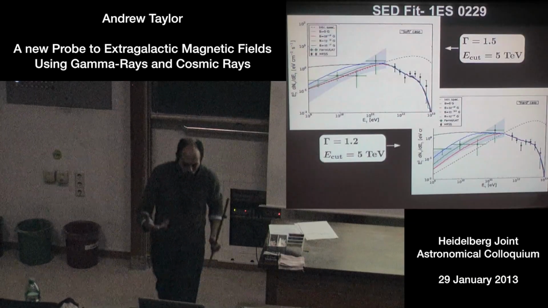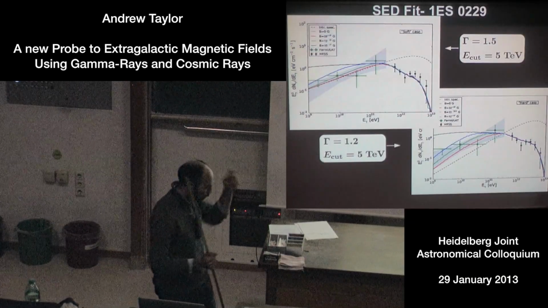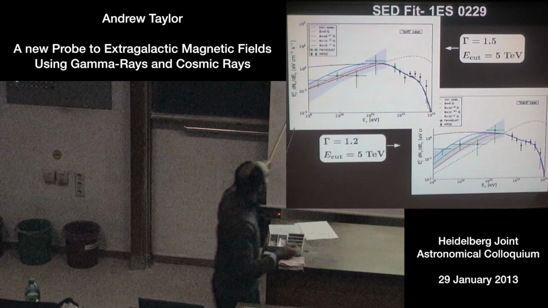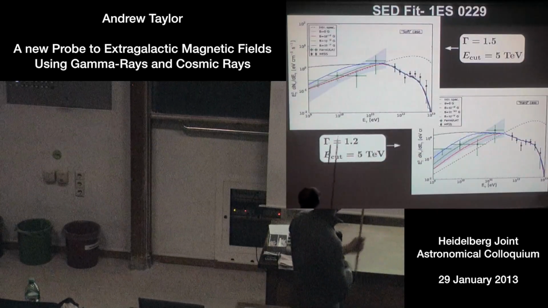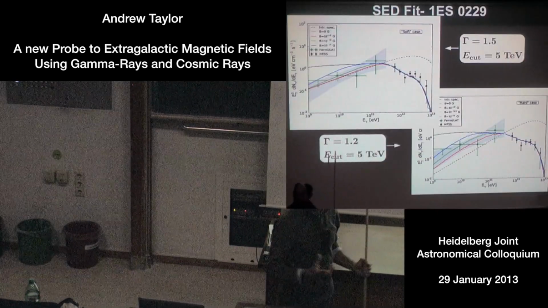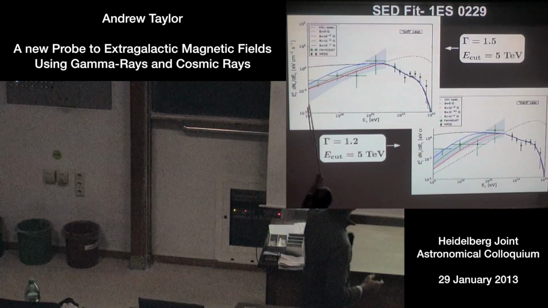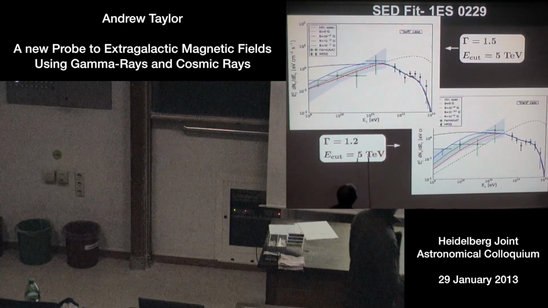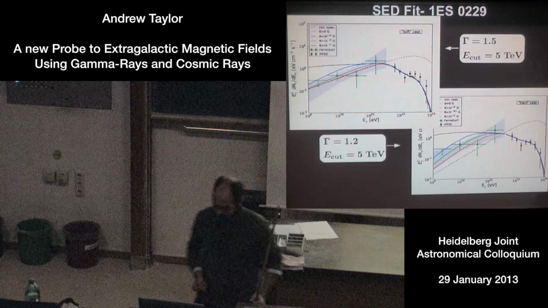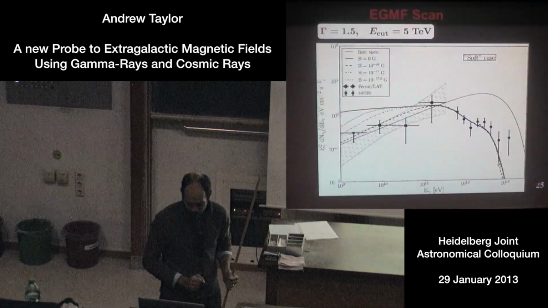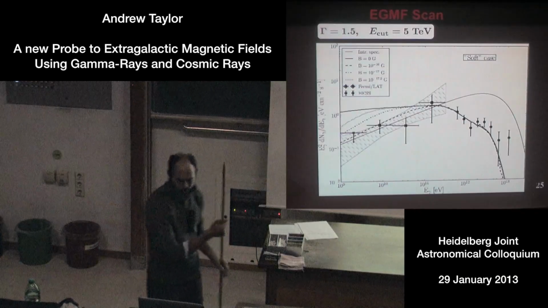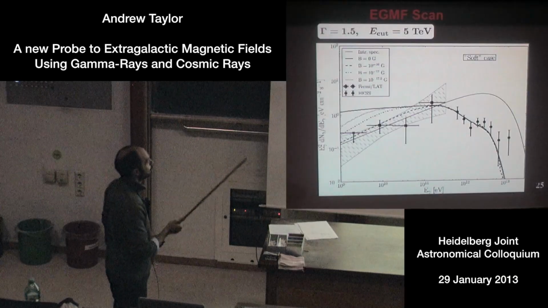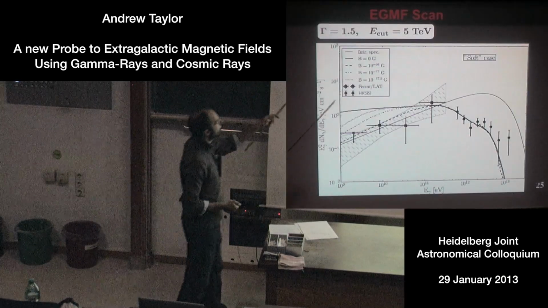Okay. I should also reiterate that this has only been possible recently, since we've entered this exciting time in high-energy astrophysics where we can cover, you can see here, 4 decades in energy, with simultaneous observations of blazars. This is Fermi data here, this is HESS data here, and this is Cherenkov data. It's with these combined data sets that we can do these sorts of probes. Okay, so just to focus on what the different spectra would be like if the magnetic fields were different, here I've put some different lines.